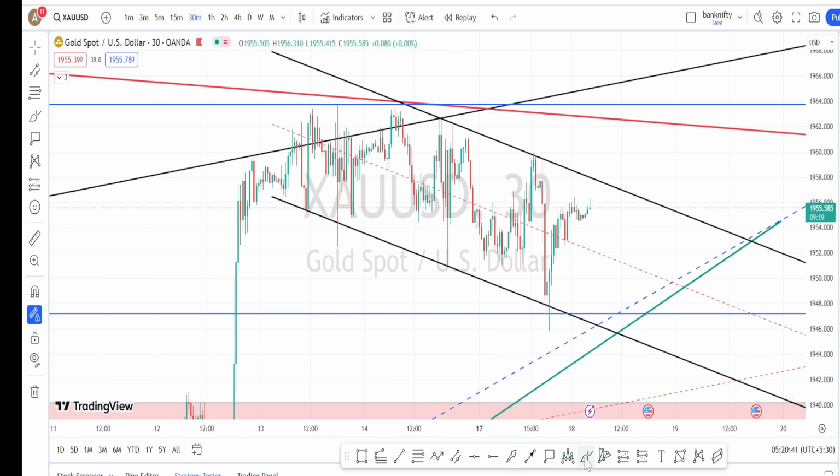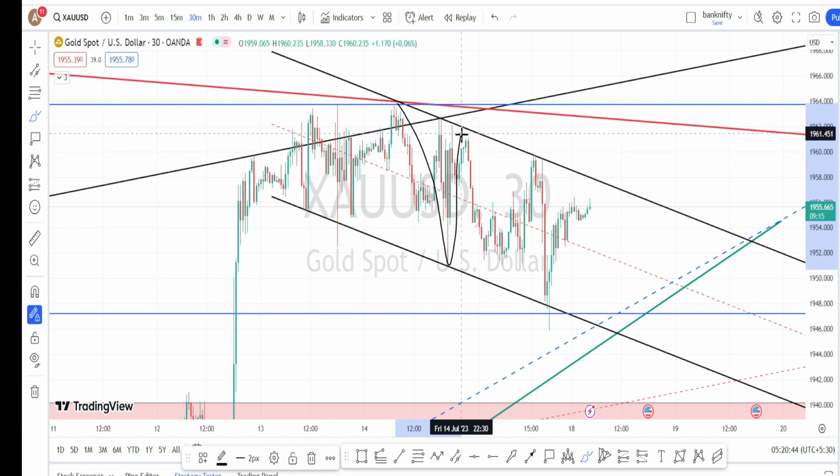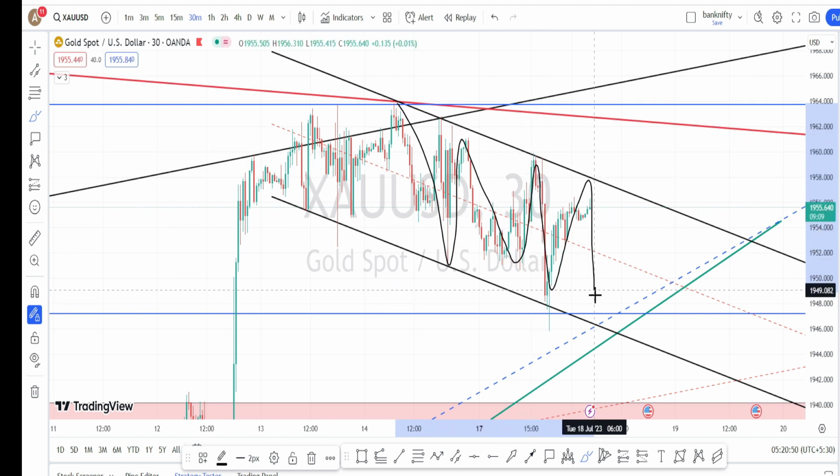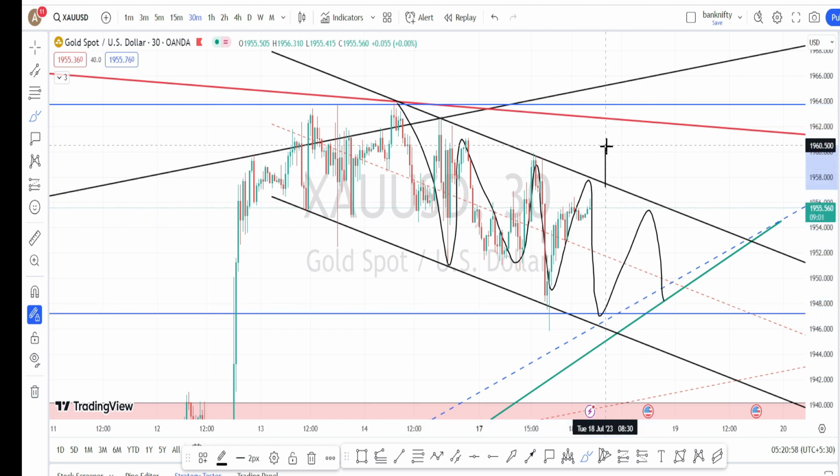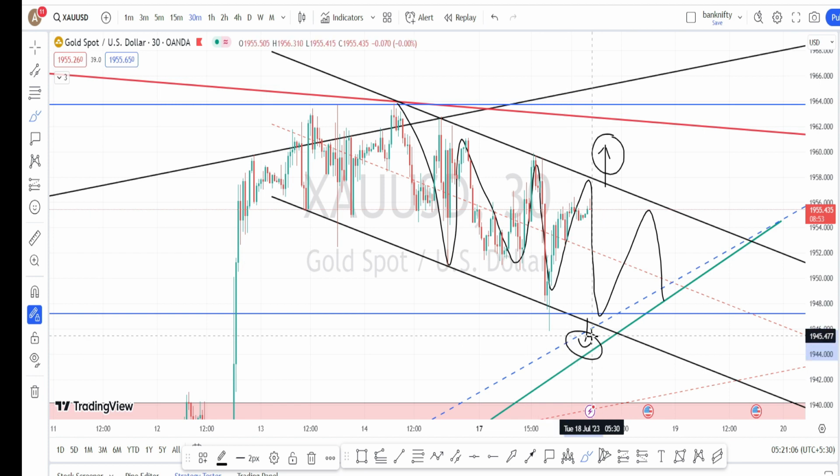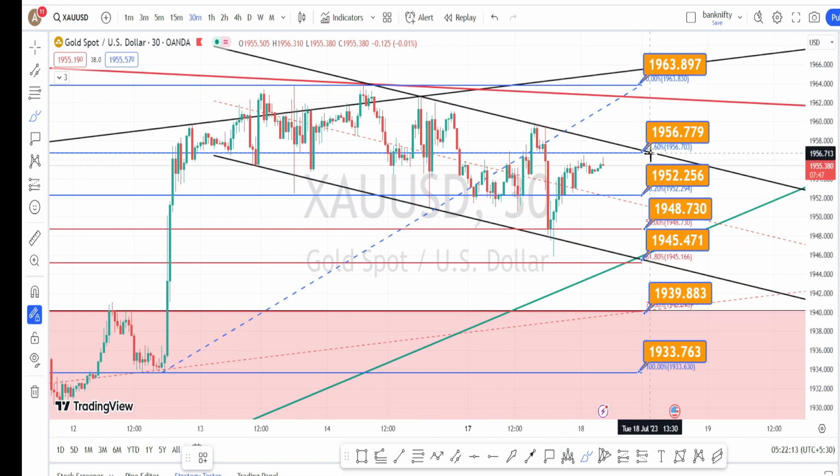As explained in the hourly time frame, currently the price action is trading within a bearish channel pattern and it is in a bearish side retracement in 30 minutes time frame also. So for the 30 minutes time frame, wait for the price action to give a breakout on the bullish side or on the bearish side from this bearish channel pattern in order to decide on the trend for the 30 minutes time frame. Currently the price action is trading between the resistance level of 1956 and